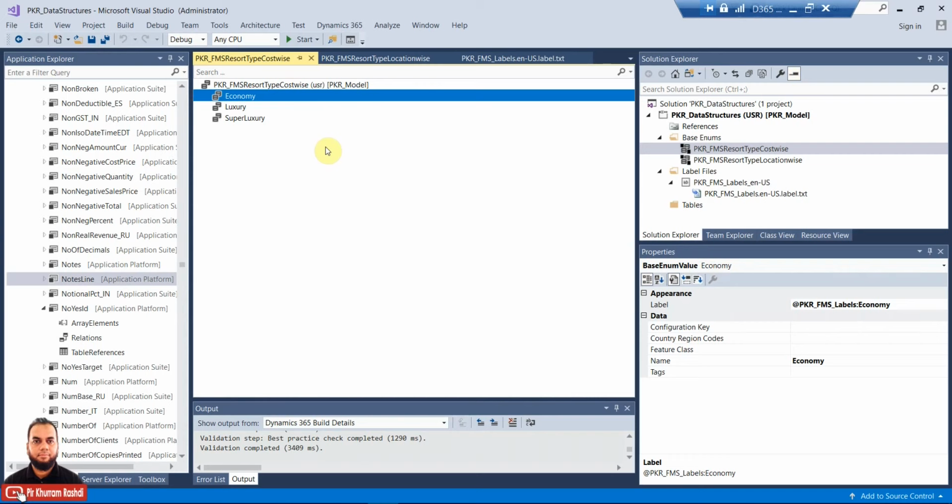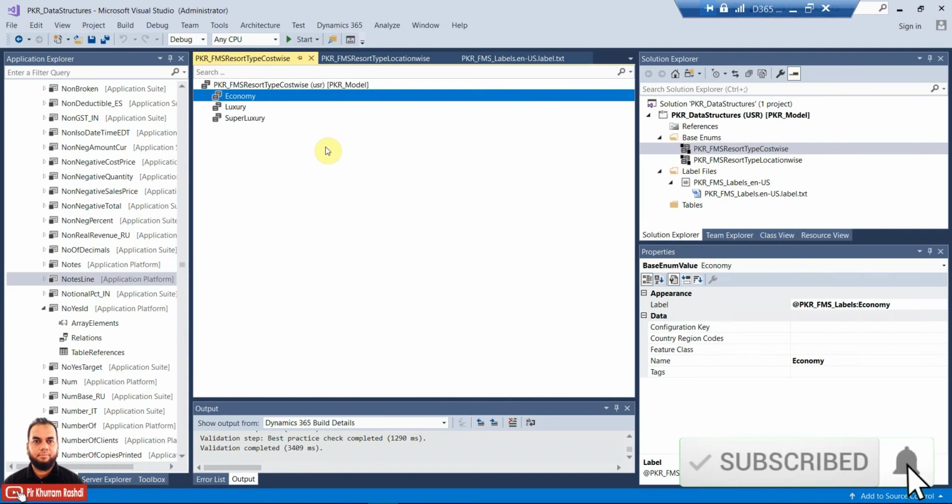Now what happens is that enums are stored as integers in the database, and then we can assign an integer value to a field based on an enum value. When the enums are shown to the user, D365 FinOps will look this up using the enum's definition from the field in the user language. If a label is not defined for the user language, the label ID code will be shown to the user. If a label was not defined in the enum element, the symbol my enum value is shown.